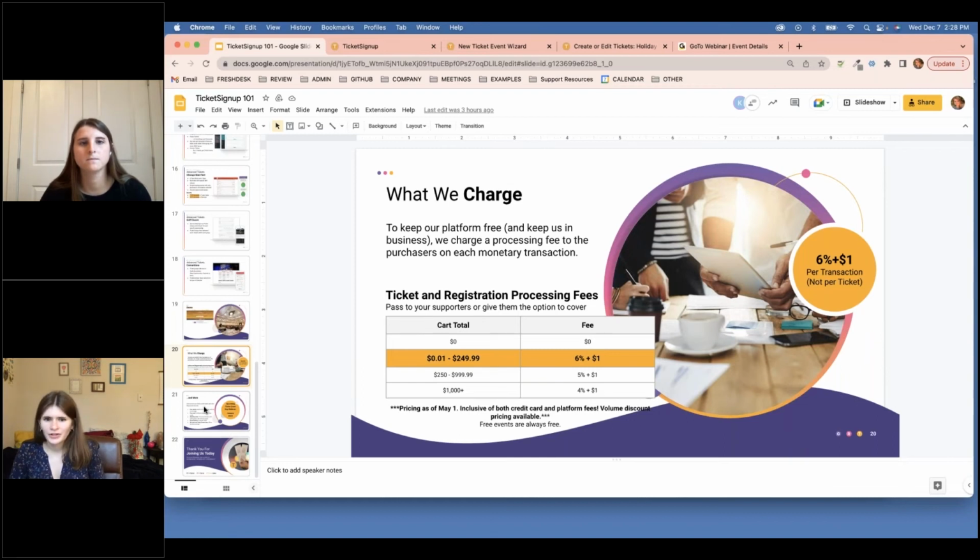So the nice thing about our check-in app is that when somebody shows up with that QR code that's good for 6 tickets, but they only have maybe them and one other person with them, and the other 4 people are showing up later, the volunteer or the staff member who's checking people in is going to be able to scan that QR code, see that there's 6 tickets associated with it, but there's a way to only check in 2 people. You would just hit a little button that allows you to check in the first 2 people on that purchase. And then when the other 4 people show up later with the same QR code,